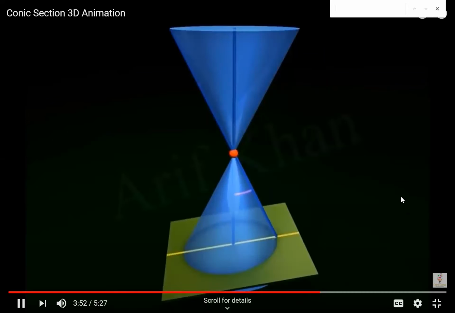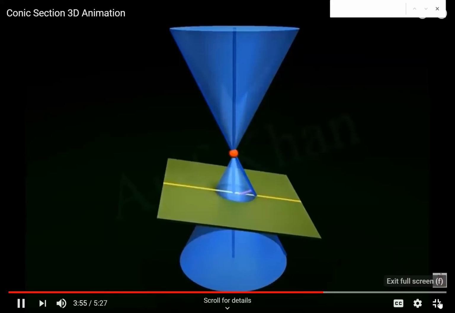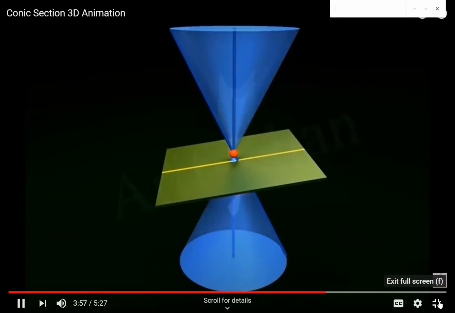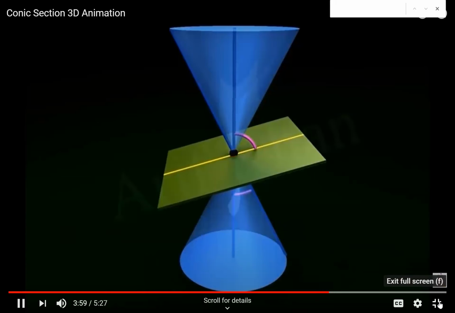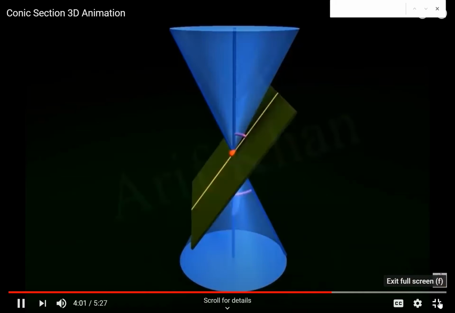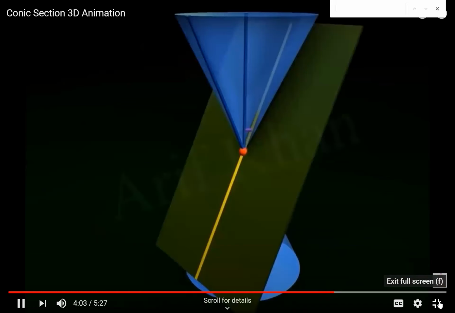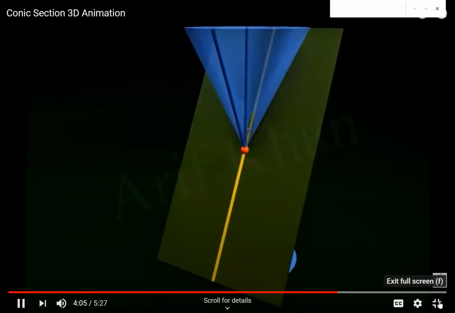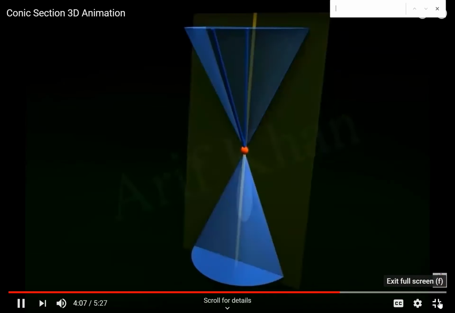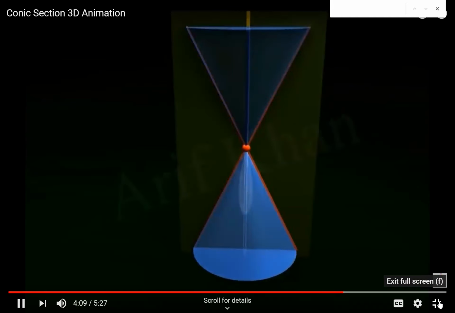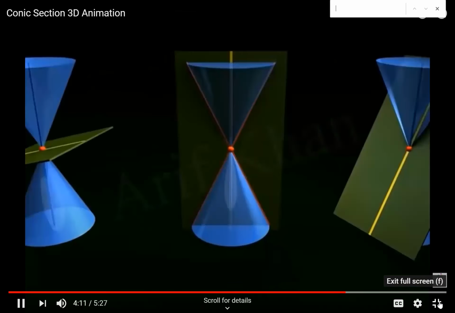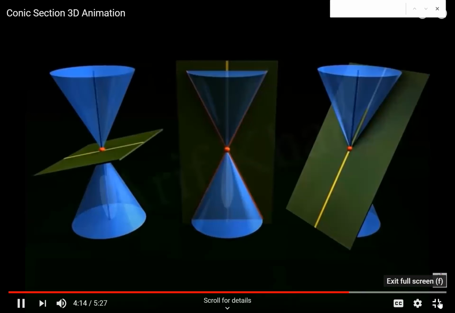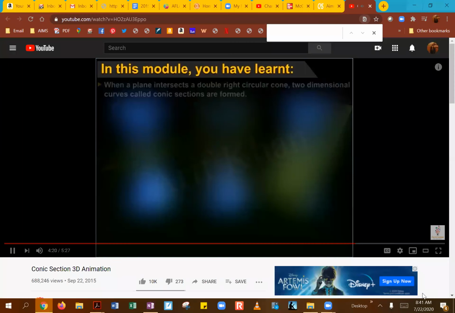If the plane intersects the double wide circular cone at its vertex, the ellipse becomes a point, the parabola becomes a line, and the hyperbola becomes two intersecting lines. The figures so obtained are called degenerate conics. In this module, you have learned that when